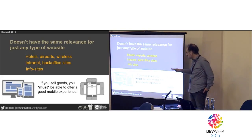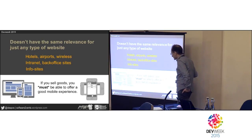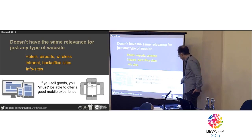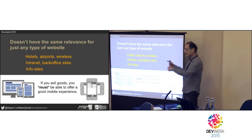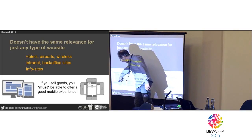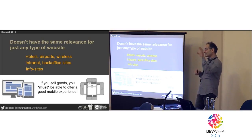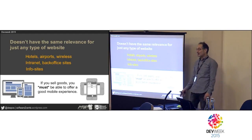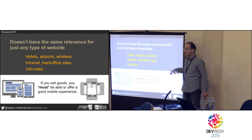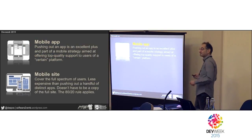If you sell goods, you must be able to offer a good mobile experience. Not coincidentally, in this slide you see two distinct things. You see something that, in my mind, I'm not a graphic designer, intends to represent native applications and then websites. But also, this is the classic graphics you use for indicating a responsive site, one site responsive. This also attempts to transmit the idea that you have something different for tablets and for smartphones. So there are quite a few problems related to making